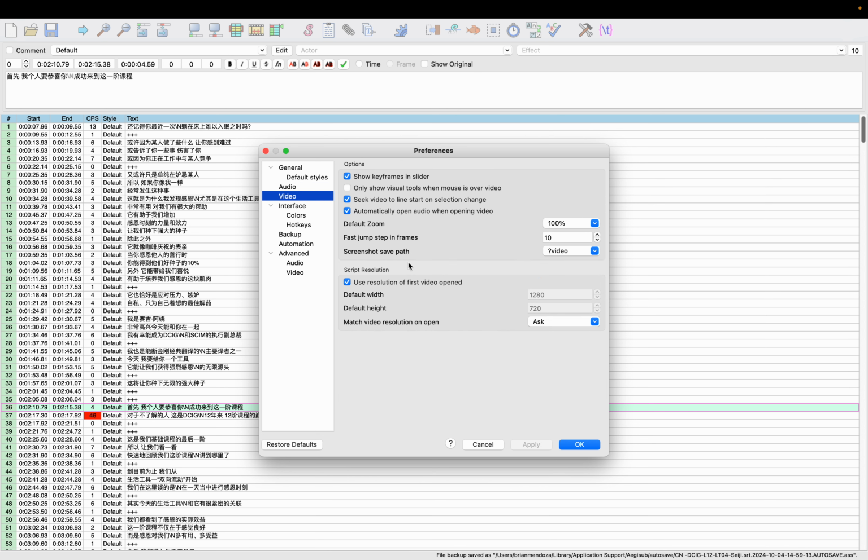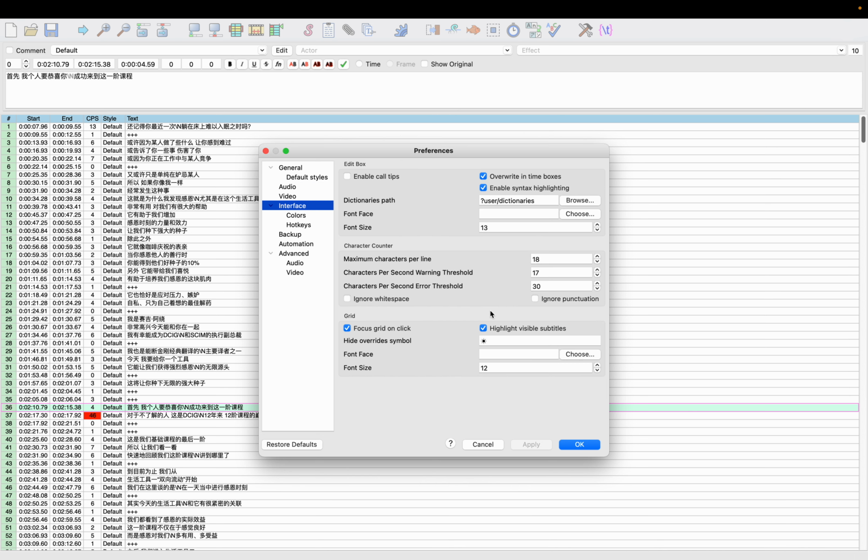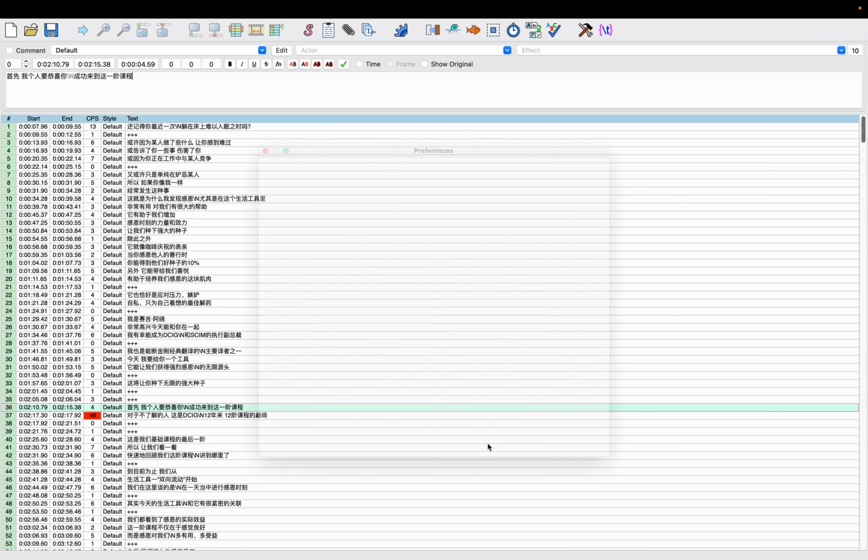Ooh, okay, I need to check this and come back to you in another. Oh, here it is, maximum characters, interface, maximum characters per line, and my maximum number is 18. Okay, so if I go over to 19, then the box will turn red, and it will show 19 or whatever number of characters we have there. Okay, now